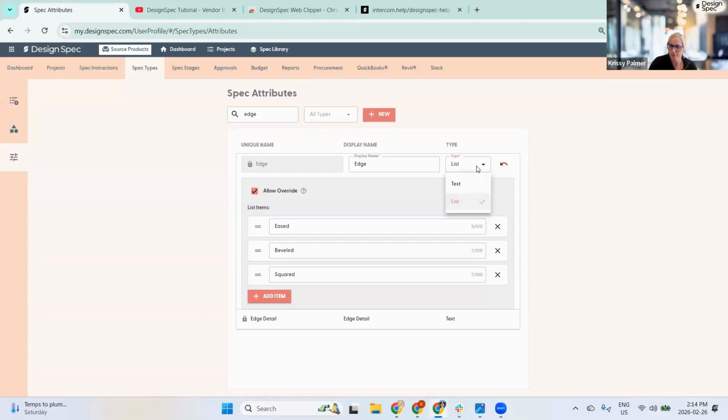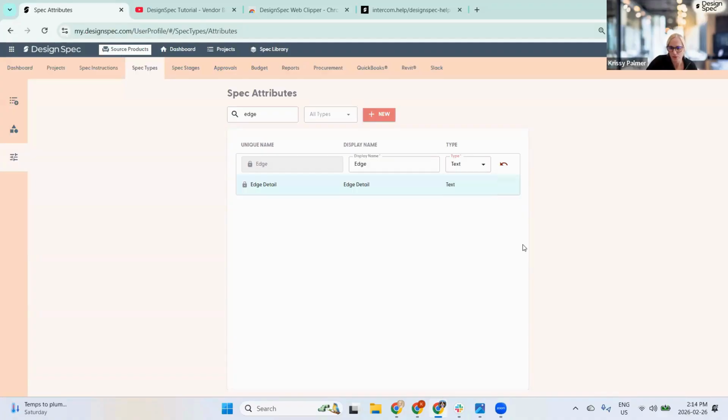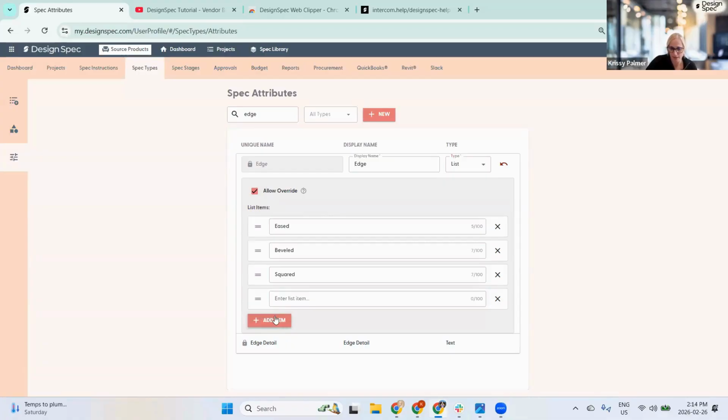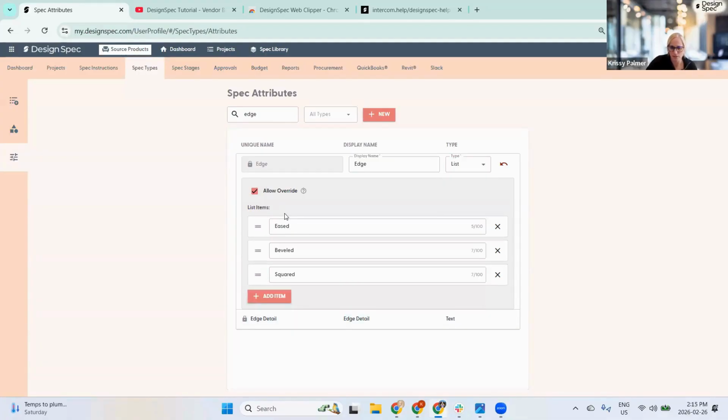Traditionally, our options were money, numbers, or text, but we've added a new option called list. So if it was originally text, I can still go in and select the list option, and then select add item. This allows me to standardize the descriptions available as I'm creating my